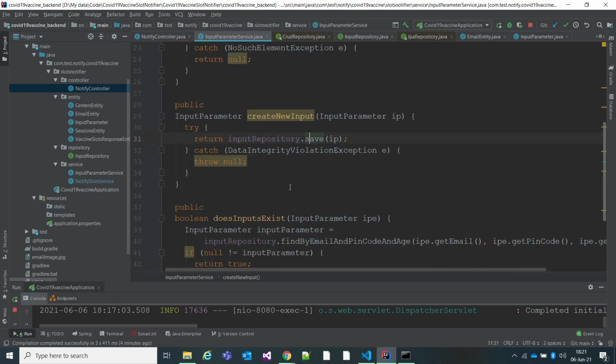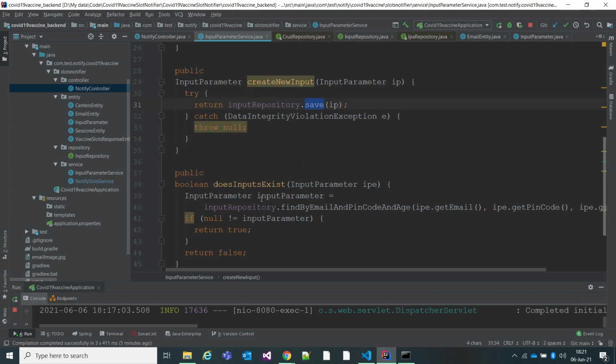So we are not going to write queries like insert into this table where input parameter is this. No need to write any query here. JPA will take care of this. So the create method will store whatever input you have provided in the database.